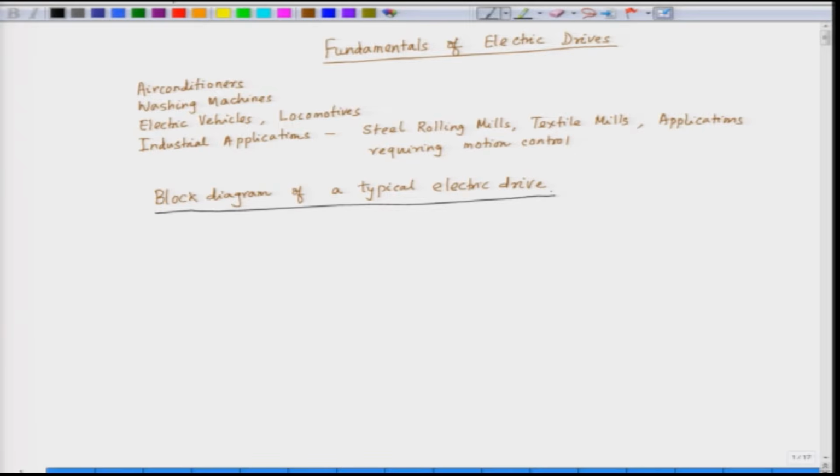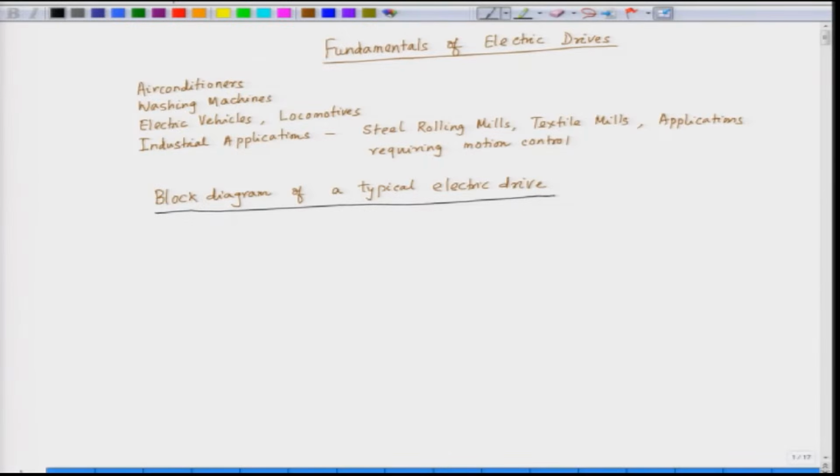The block diagram of a typical electric drive. At the center of this drive is an electric motor. There has to be a motor which will rotate, and the motor has to be controlled and supplied from a power supply. So, first of all, we have an electric motor. We have a motor here. This is the heart of the drive,